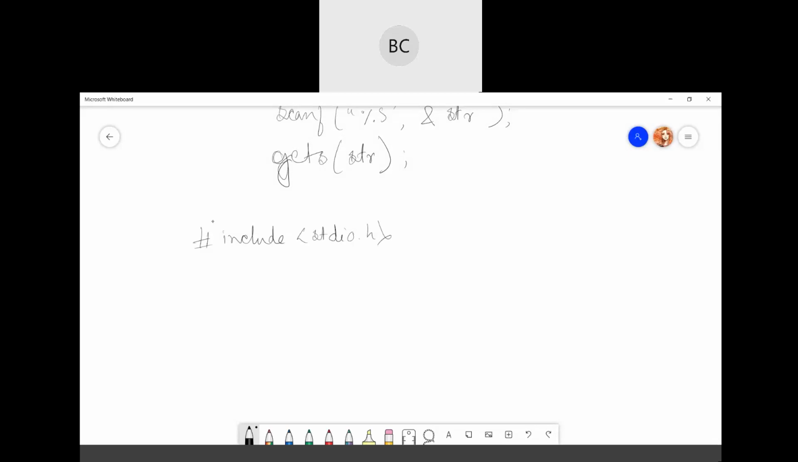Just showing both. If you are working with printf and scanf, you directly use this one, and if you are going to use gets and puts, you can just include one, still it is fine. Include string.h, but whenever you use it, remember to use string.h. So in main,